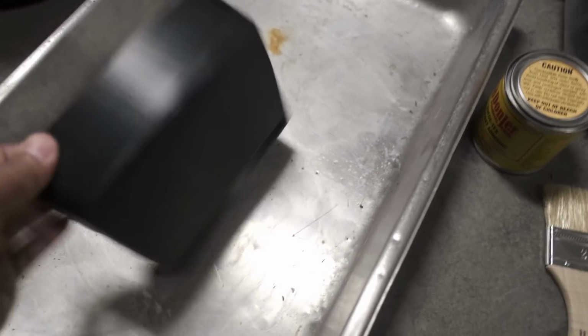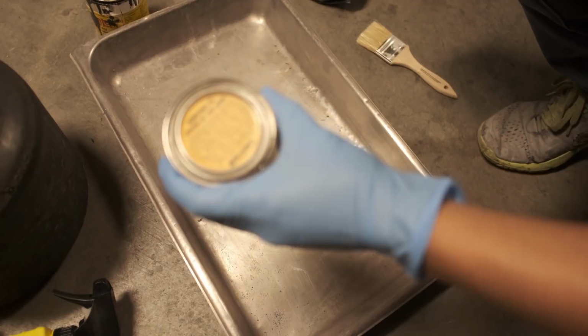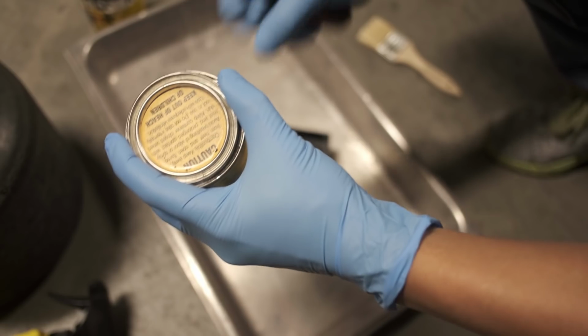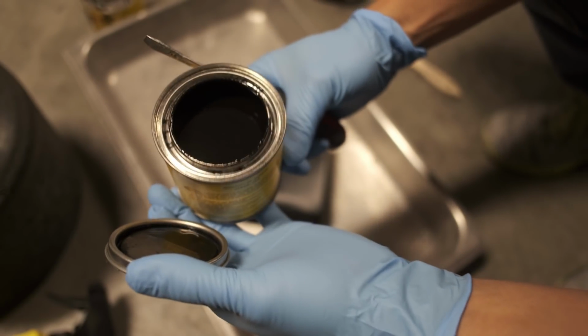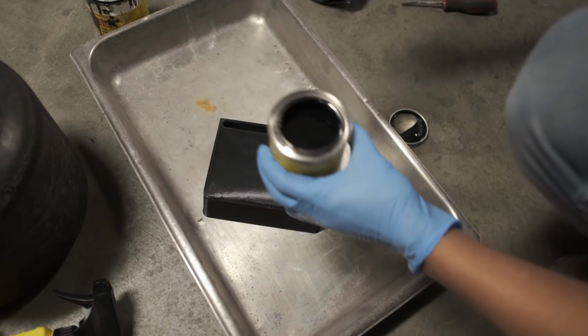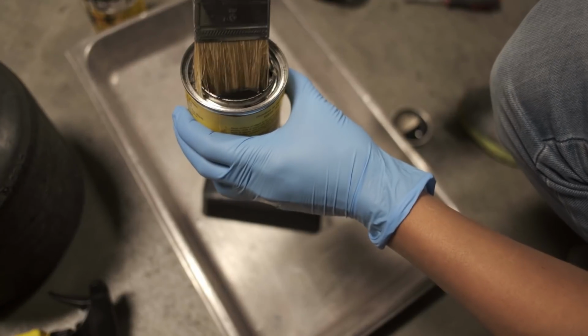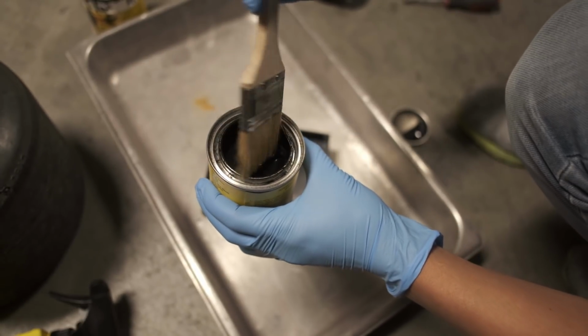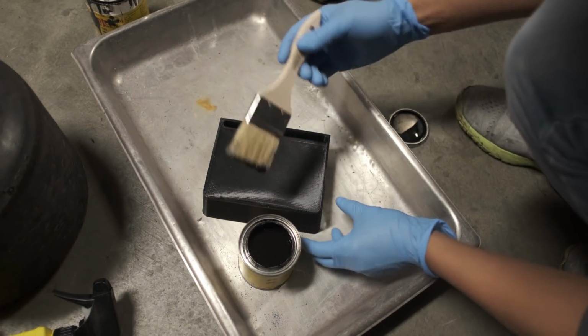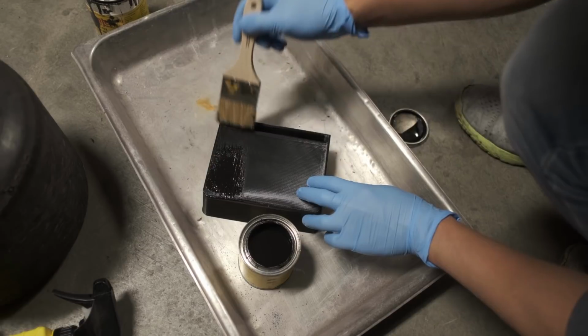What we're looking at right now is some flocking material that I had left over from my previous project for my Toyota MR2, where I flocked the entire dash. So what I'm gonna do here is basically flock over the 3D printed material. I think this is gonna make it look a lot like an OEM product. It looks like it came with the car, and it's also gonna hide all these layers which were created from the 3D print,